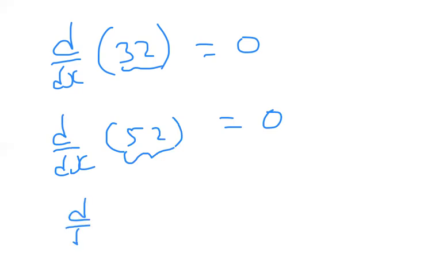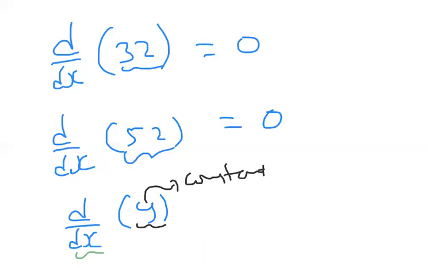Suppose d by dx of y. Observe here, we are doing differentiation with respect to x. But here what is given? y is given. We are differentiating with respect to x, which means y is also treated as a constant now. Now y is not a variable. So d by dx of y is also 0. I hope you are clear with this differentiation of constant things. Fine. Now let us observe the next one.